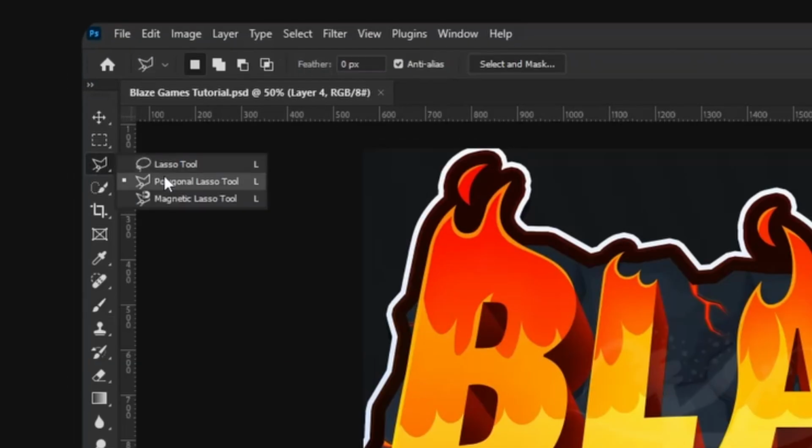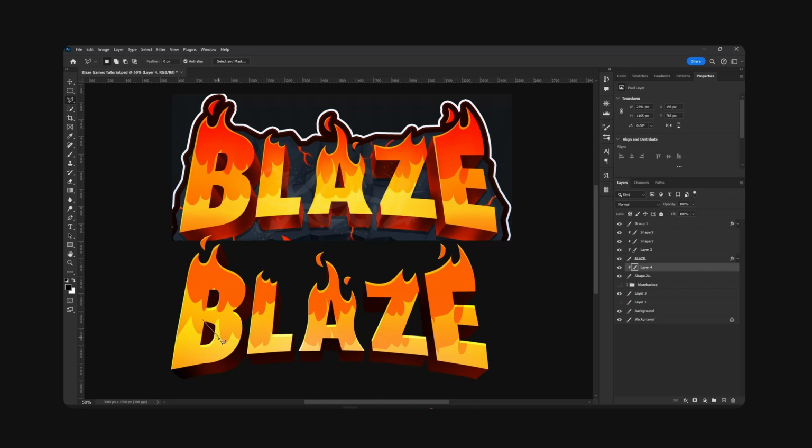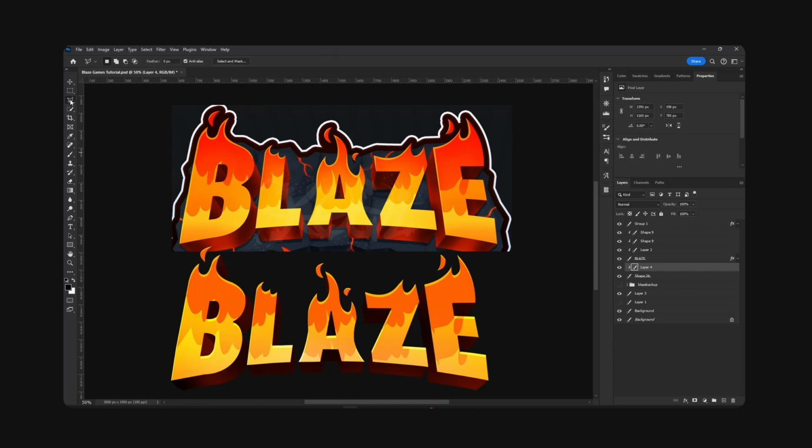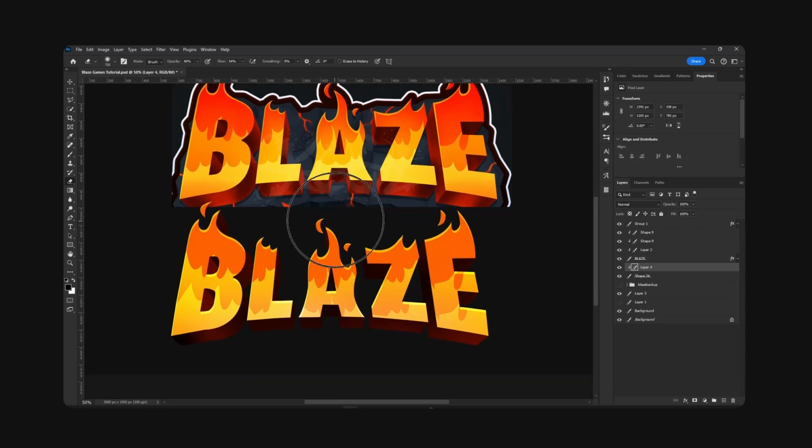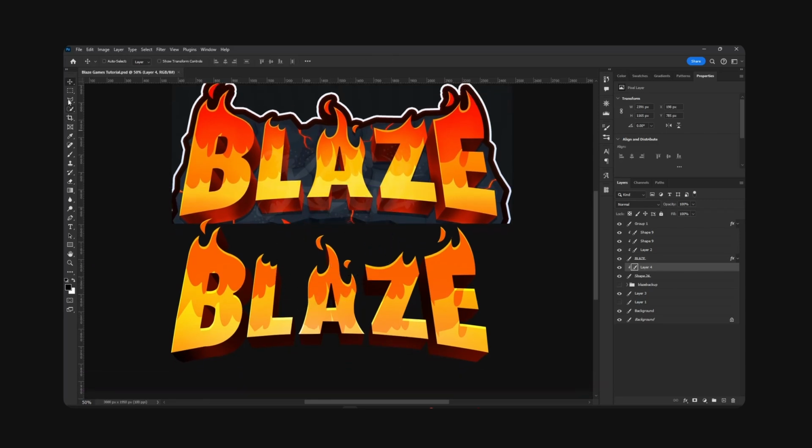Now we're gonna take polygonal lasso tool, and we're just gonna make some lines right here, okay? Erase this part. Now we have some nice sweet shadows, like so. Okay, same thing for these right here. Boom. Pretty cool. And this thing should be like this. Erase. Alright, that's good. Overlay should work fine.